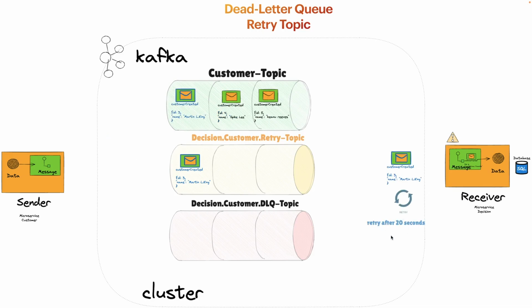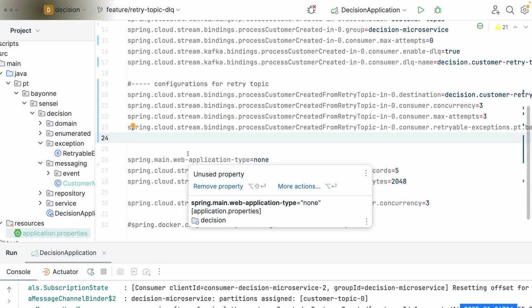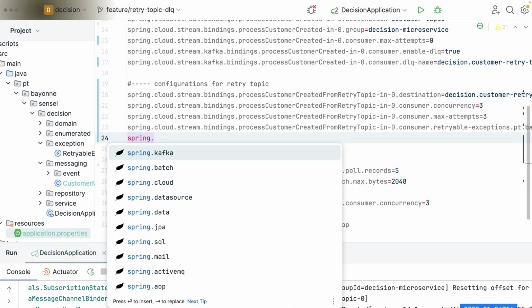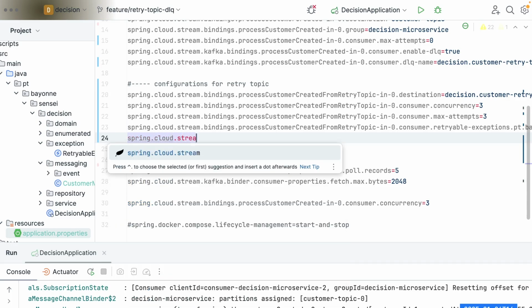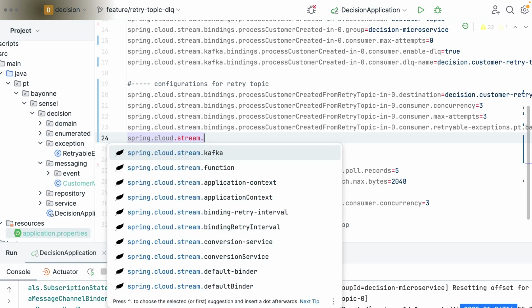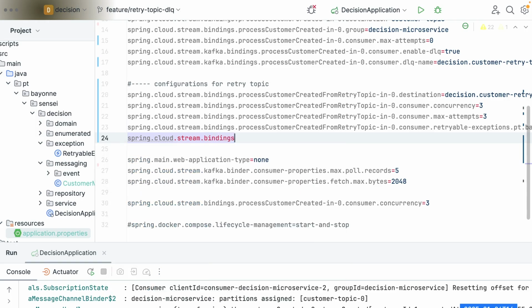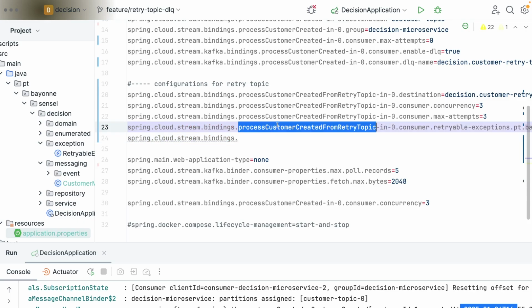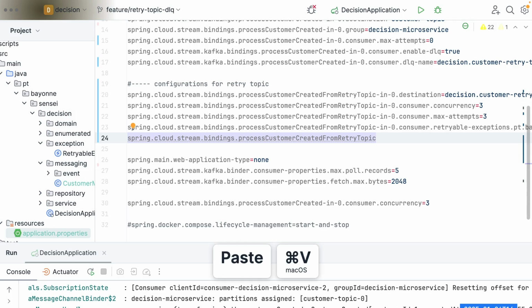So now the configuration that I'm going to set here is the one that will allow us to use the exponential retries. So let's use it like this. Spring should be the same: spring.cloud.stream, okay? And then we specify the bindings. Then we specify the name of our function that we are using to consume, so for example here we can say consumer, and here we start